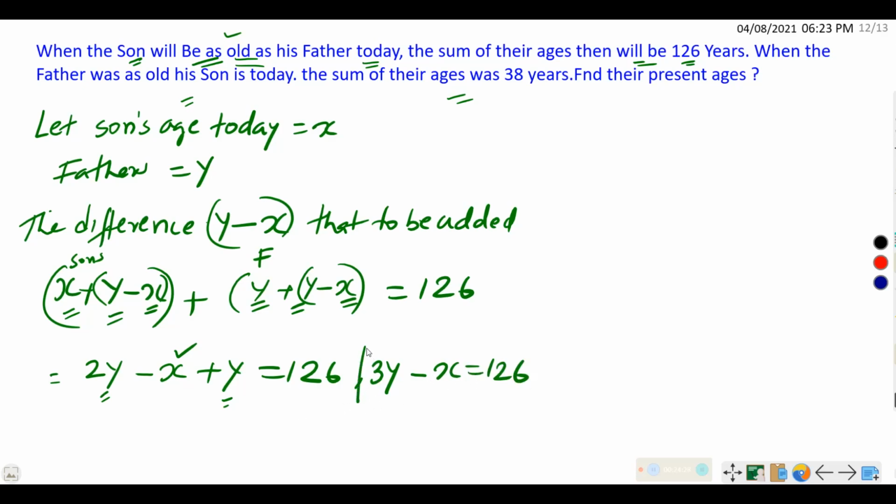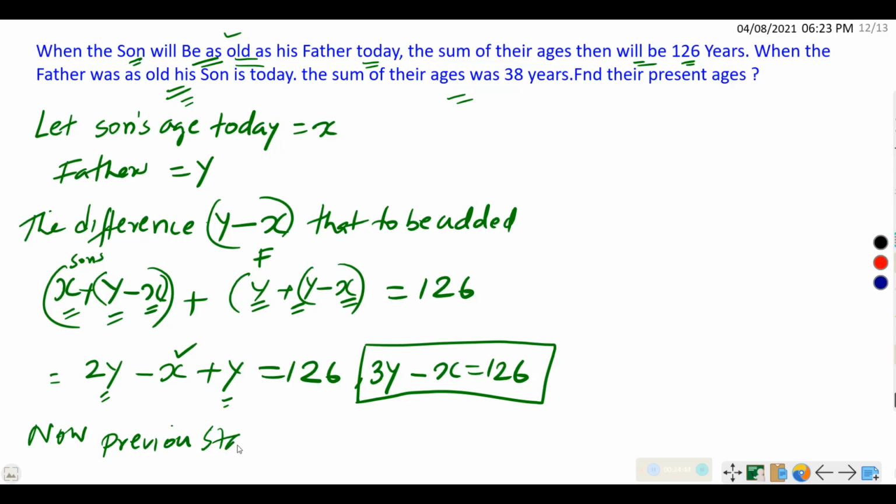Chalo. Okay, so this we got. उससे काम नहीं होगा. Only an equation we got. Now the second situation. Father's age should go back to son's age. So that difference again should be subtracted from father's age, that much to be subtracted. From son's age, that much difference. The difference is same again. That is the beauty of the sum. So we have to think in that way.